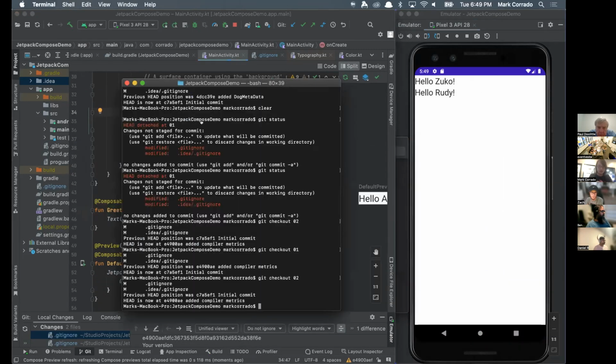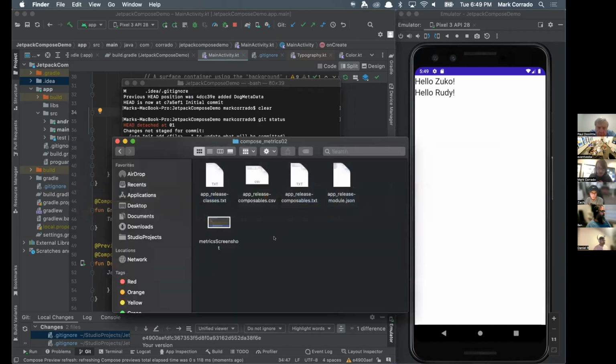Okay. And then we look at the file itself. It'll output four files. This is basically saying,